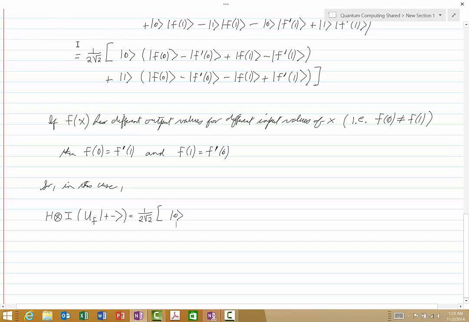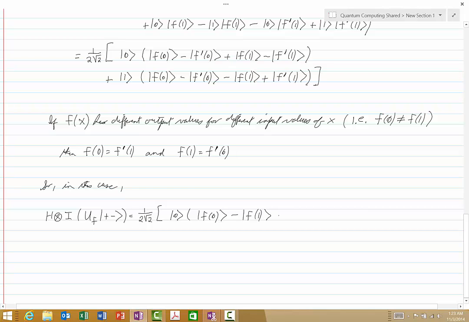Okay, we have 0, and then this will give us f. We'll keep f of 0 there. But now f prime of 0 we have identified as equal to f of 1 in this case, so we have minus f of 1